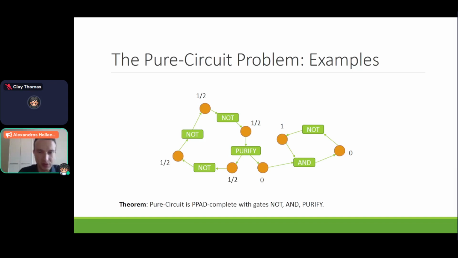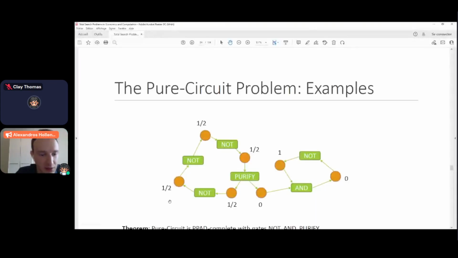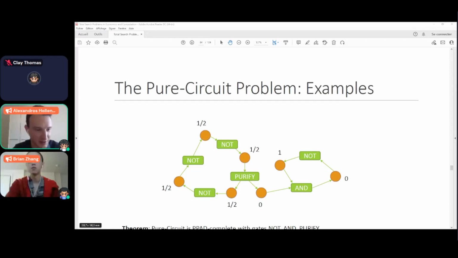Okay, so maybe this is a good point to pause for questions. So yeah, if you have a question, just walk to one of the carpets so I can hear you. Otherwise, I can also come back for questions at the end. So the carpets are on the left and the right.